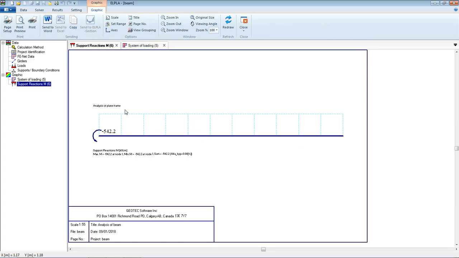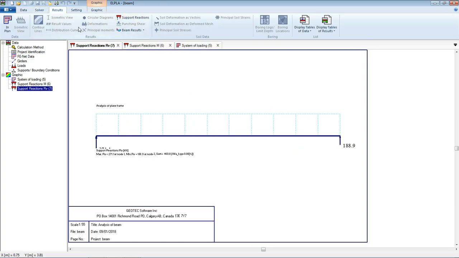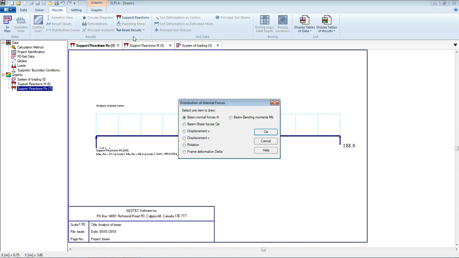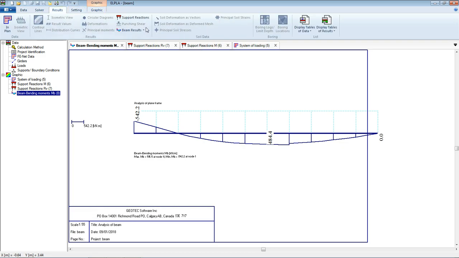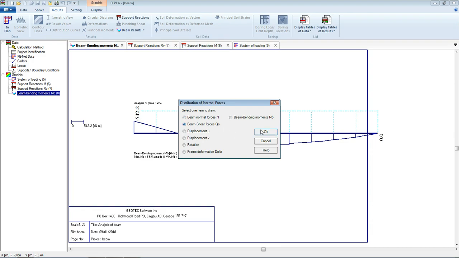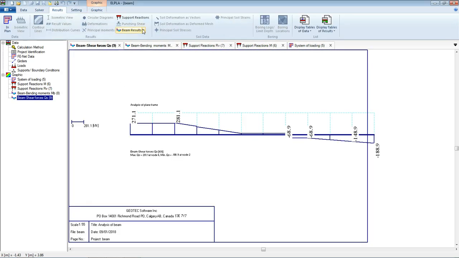For example, moment here, also vertical, and also we have results of normal force, bending moment, shear force, displacement, U and V, rotation. For example, bending moment here, and also we can draw shear force and